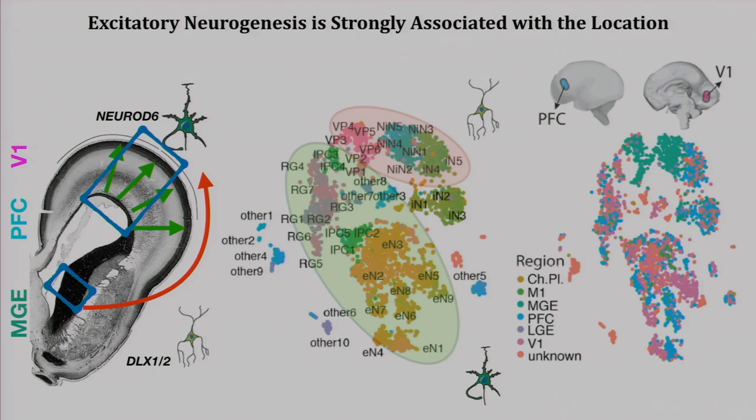But as soon as you start looking more closely at the maturing excitatory neurons, and this is all at the stages of neurogenesis, you already appreciate that different clusters contain a predominance of cells sampled from a single area, suggesting that the development of area-specific excitatory neurons that you've heard about from Bosiljka's talk earlier today may already be apparent at these very early stages of development, before sensory experience. So these cells are already born very early in development and are quite different.